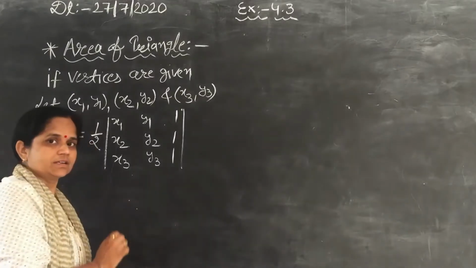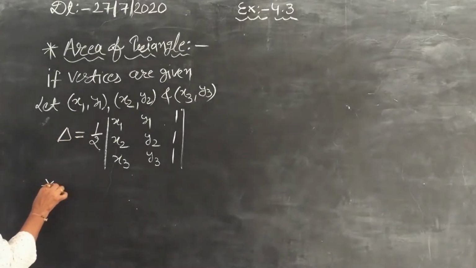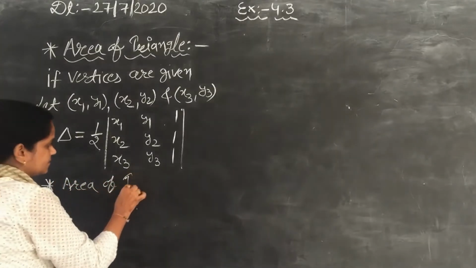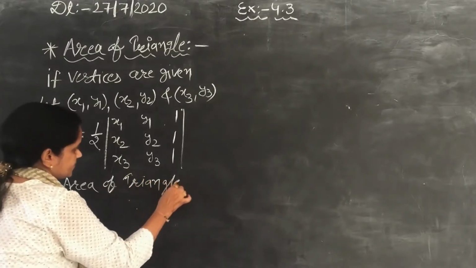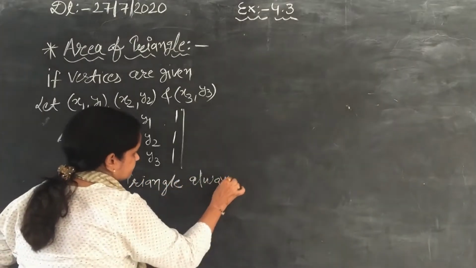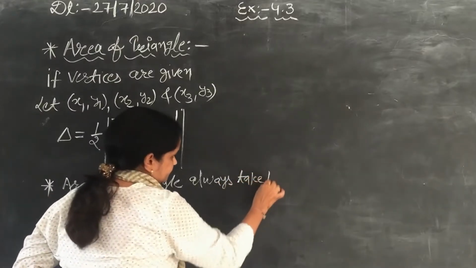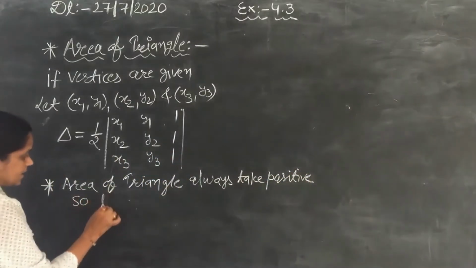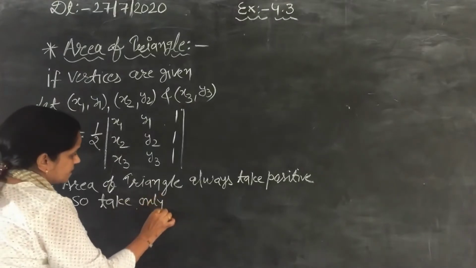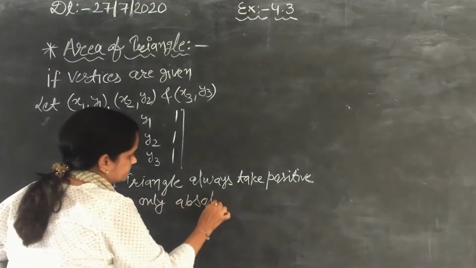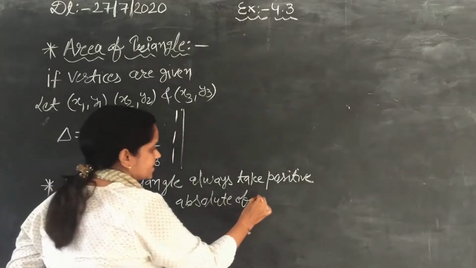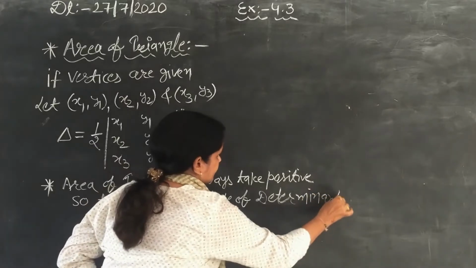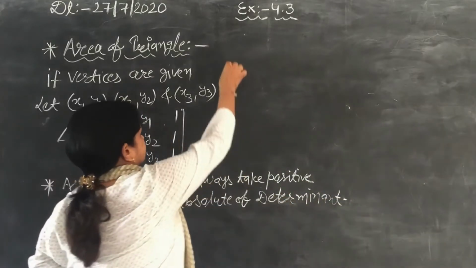Okay, but students, keep in mind that first point, area of triangle always take positive. Okay, so take only absolute value of determinant. Okay, and second point,